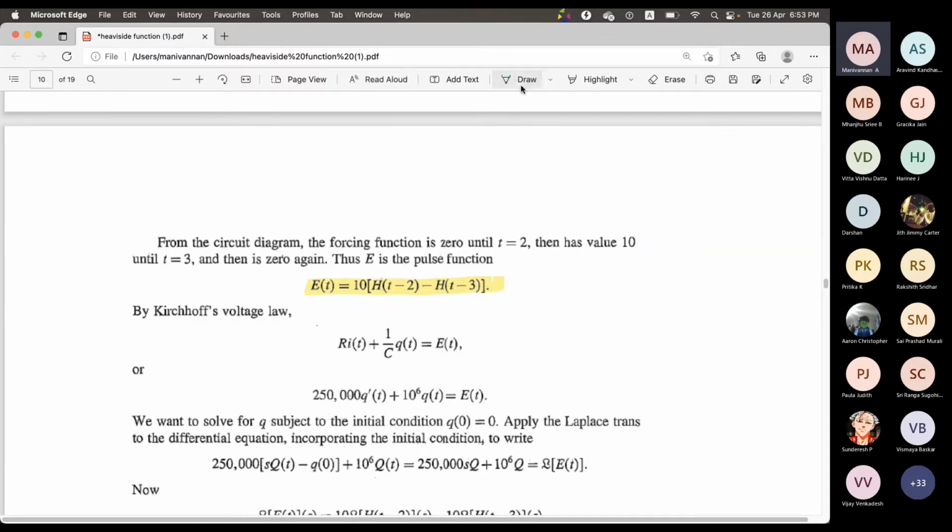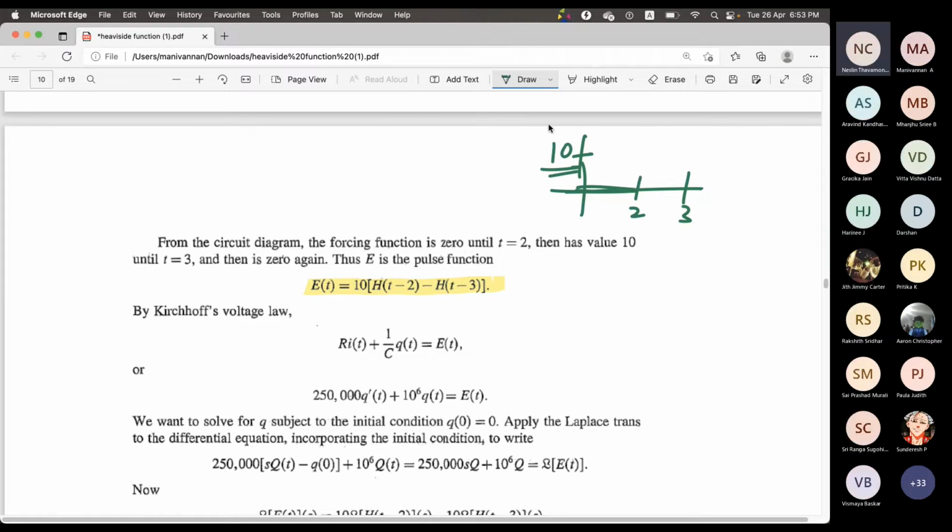Suppose at 2 seconds and 3 seconds it is 0, and from 2 to 3 it reaches 10 voltage. Am I right? Yes, sir. Okay, using this h of t minus 2 minus h of t minus 3,